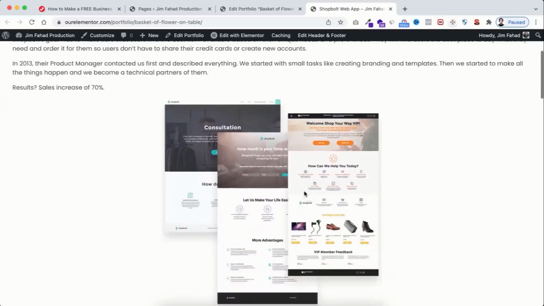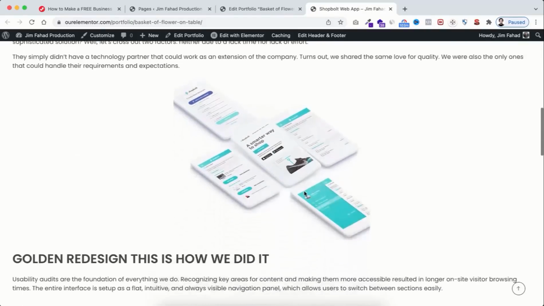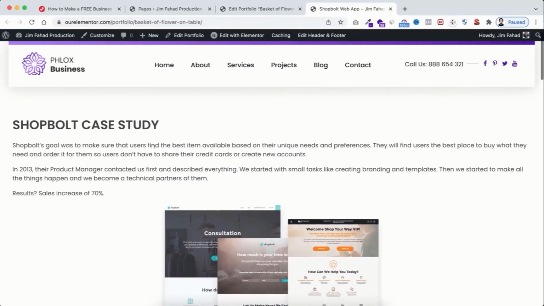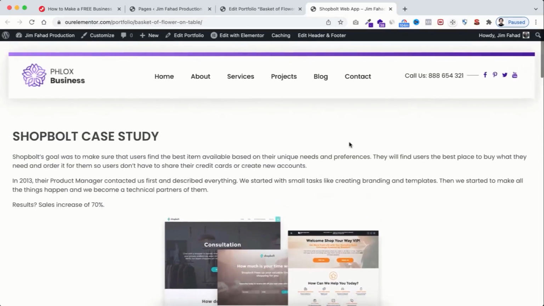Here everything is looking great, but I think we can reduce the width of the page because right now you see it's starting from here and it goes to the very right, this place. So to reduce its width, we cannot do it using Elementor because it's made using the theme. So to make the change on this single case study page or single project page, we need to click here